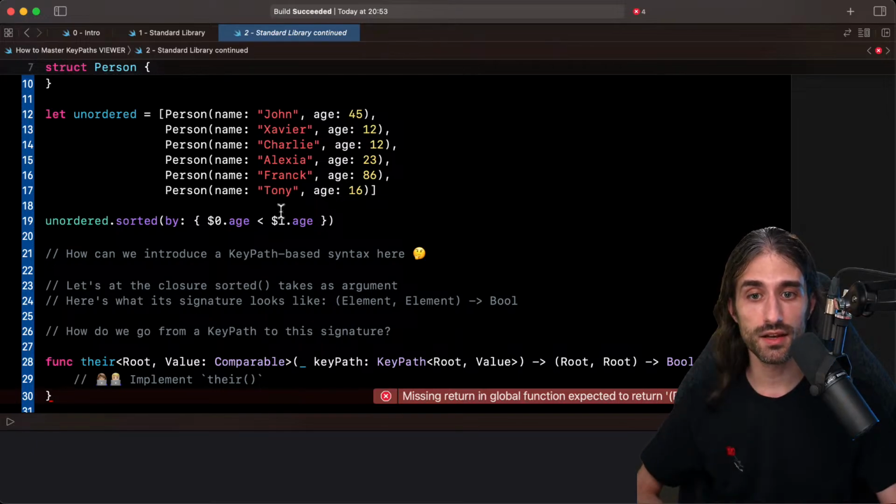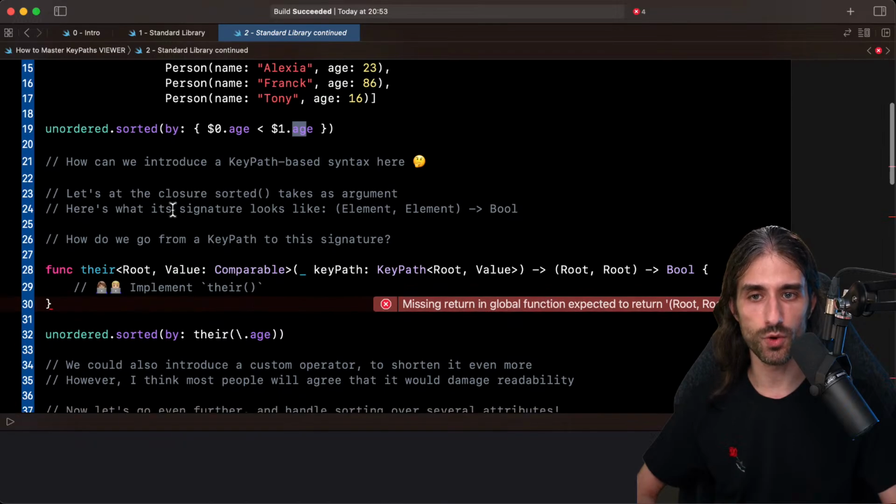But it would be pretty nice to implement a version that works with a key path, where we could say, okay, I want my array sorted by \age. That would be nicer than a closure, and also less repetitive because we wouldn't have to mention the property age twice. So let's see how we could make it work.